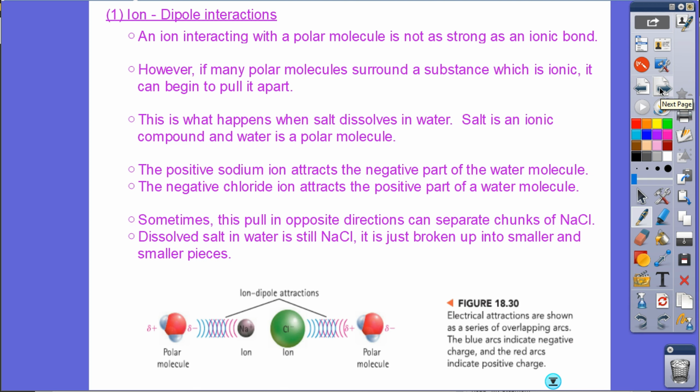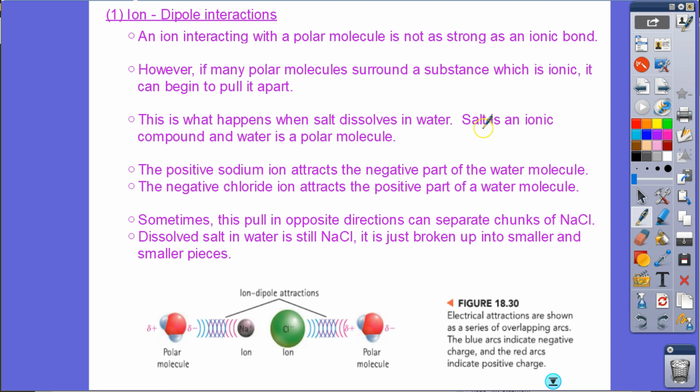So, some notes about ion-dipole interactions. This is when an ionic substance meets a polar substance. An ion interacting with a polar molecule is not as strong as an ionic bond itself, but it's stronger than the others. If any polar molecules surround a substance which is ionic, it could begin to pull it apart. So this is actually how water dissolves salt. Salt is ionic. If you throw a chunk of salt in water and just leave it, stirring it will make it happen faster, but if you just leave the salt in the water, it will dissolve because the water molecules